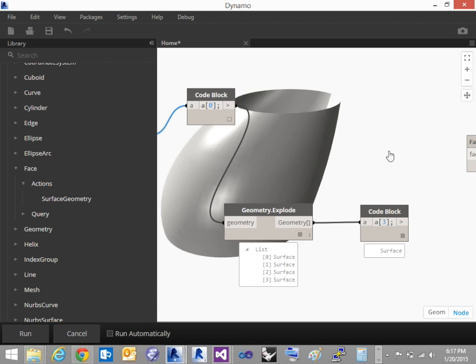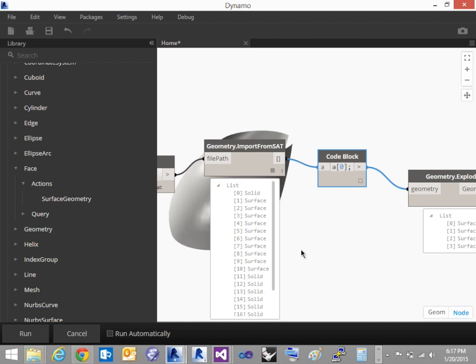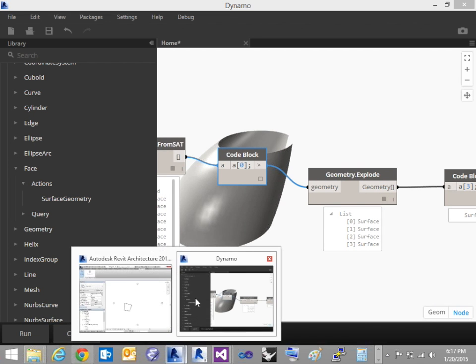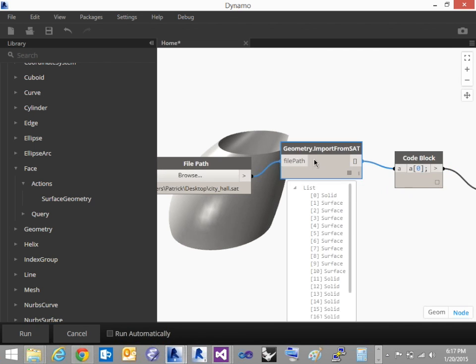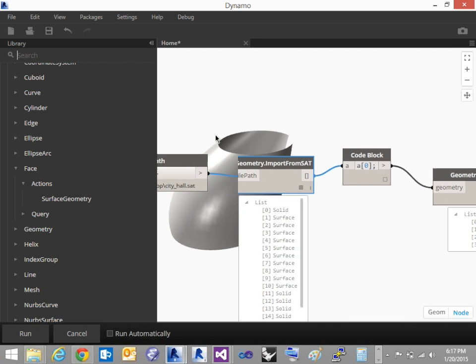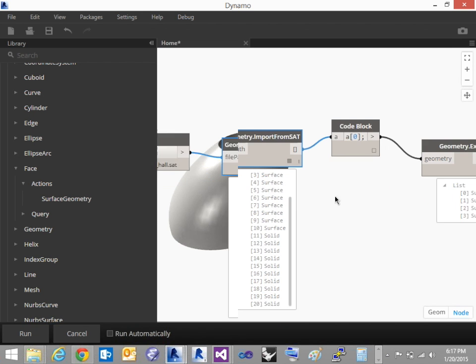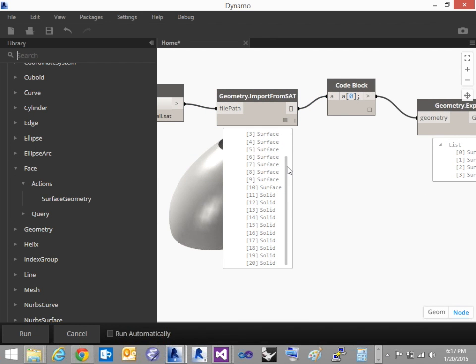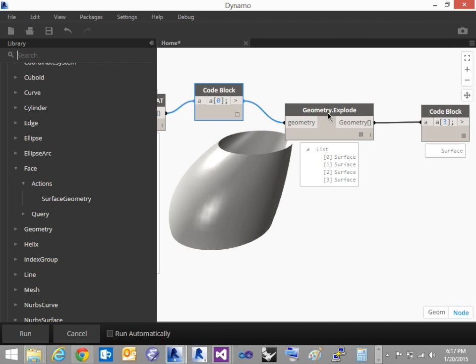Right, sorry about that. Again, going back to what I did before, if we take our Revit model of the city hall, we can export it as a SAT if you're having trouble importing it. Going through these steps here, when you import these elements, you're going to end up with a huge number of objects. We can tell there's a solid here, some surfaces and some more solids. I'm extracting out one of the solids here, and then I'm exploding it